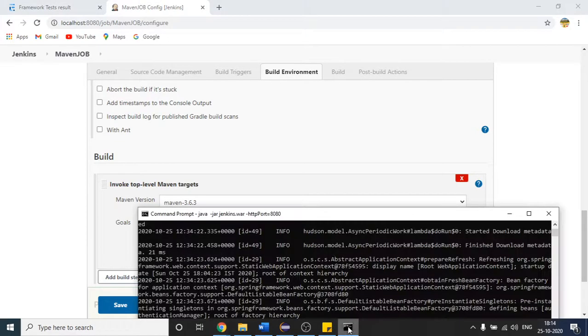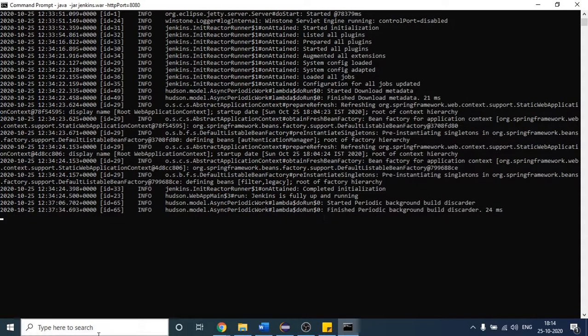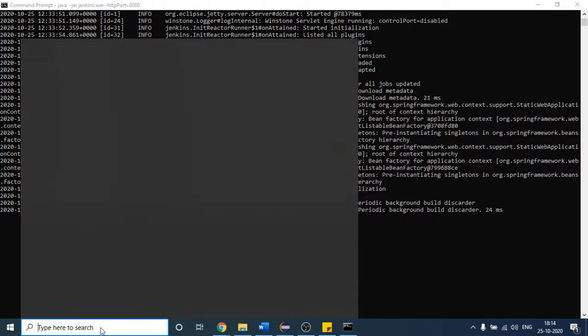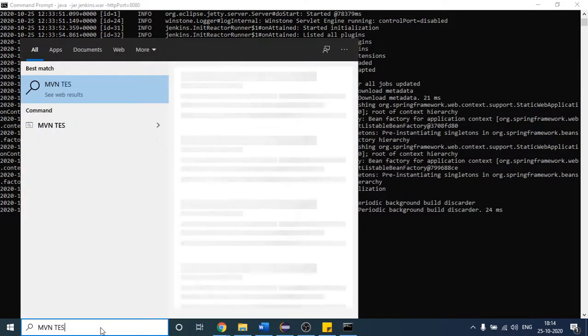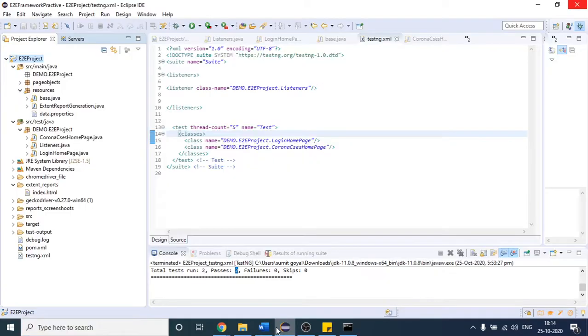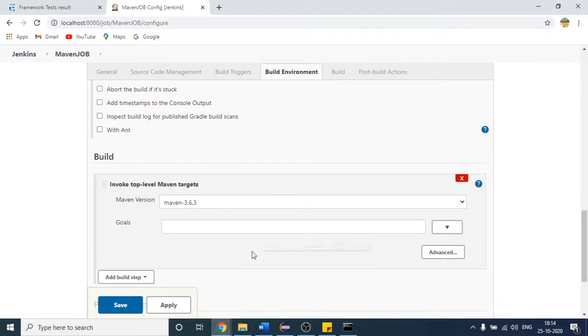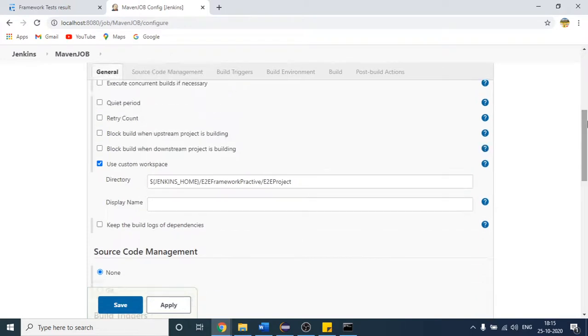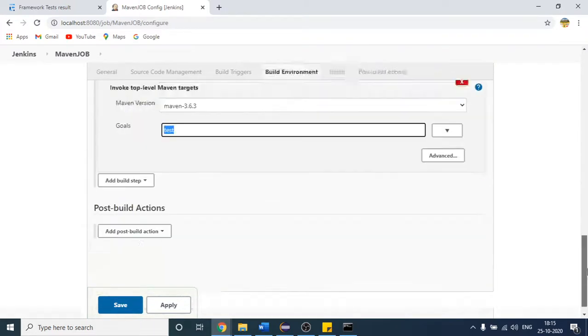If I want to run my tests in XML, how did we used to do it? I will just type maven test. I hope you remember that if I want to trigger all my test cases, I just provided that command in my command prompt. Here again I will do the same thing, because I am working with maven, so I will just say maven test. But here you can skip this part. Jenkins will automatically recognize it, so remove this. I think I have already provided all the required settings. So let me save this.